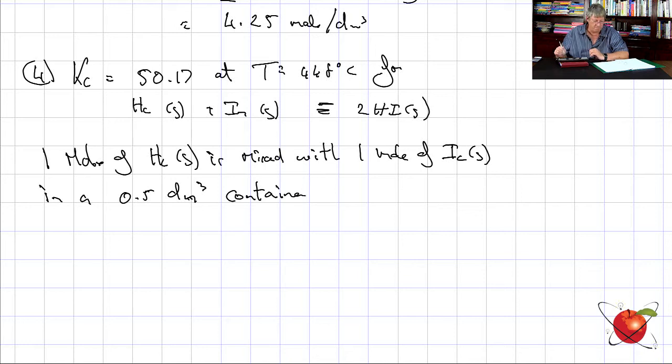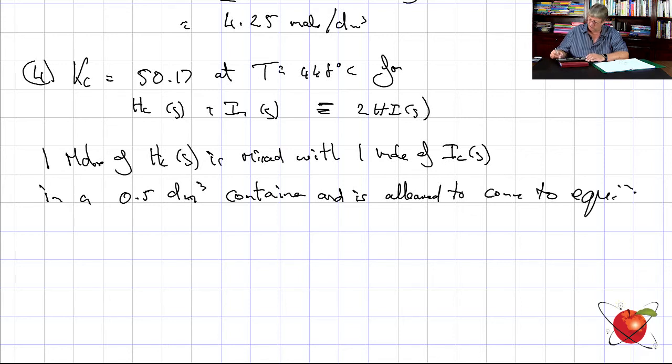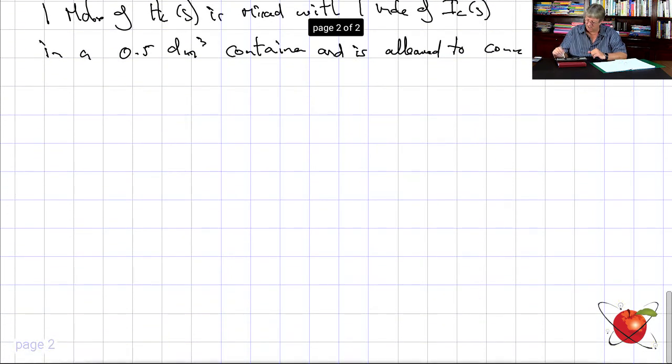All right? And is allowed to come to equilibrium. Now, there's a whole load of questions that we can ask about this. But what they essentially want to know is they want us to analyze the problem. Okay? Let us thus, step 1,